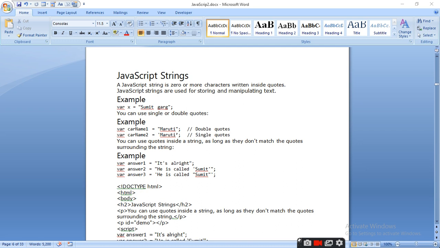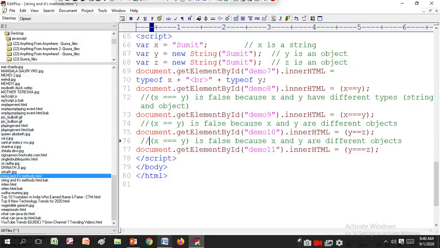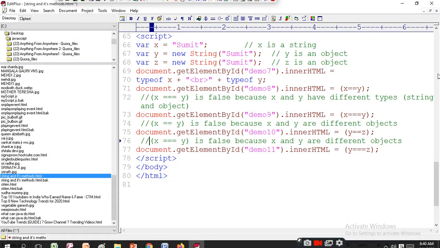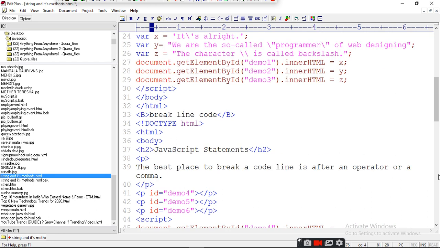So let's see how it will operate in a program. You have to write three variables.